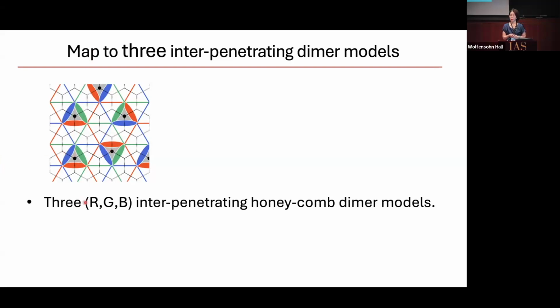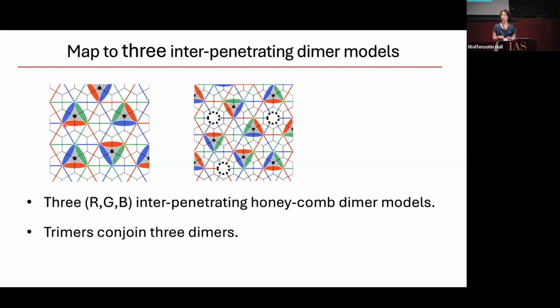So we can see that there are 3 dimer models that we can map our one trimer model into, but they cannot be independent because wherever there is a trimer, all 3 dimer configurations have to be conjoined. So there is a constraint that combines the 3 models, which means there can only be 2 independent degrees of freedom. Now, what about the monomers that we are interested in, the fractionalized objects of my interest? So here we place 3 monomers, right? So having placed monomer